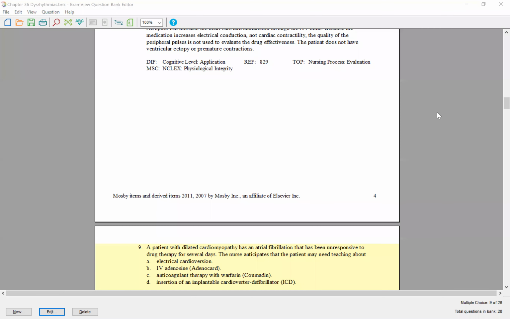So the goals of AFib treatment, what are they again? First is to decrease the ventricular response. We don't want any rapid ventricular response. Second was to prevent clotting. Third is to convert the patient back to sinus rhythm. Before cardioversion, what will be done first? So what was the order